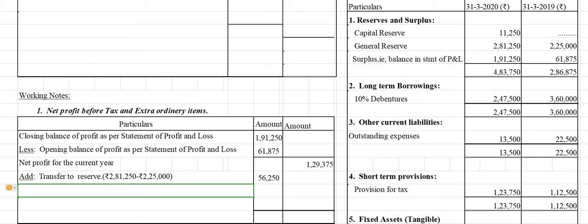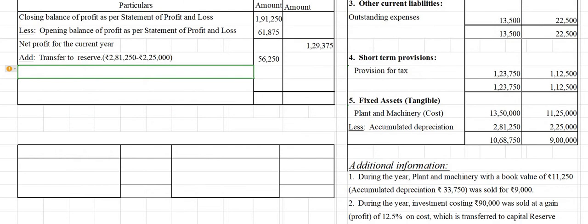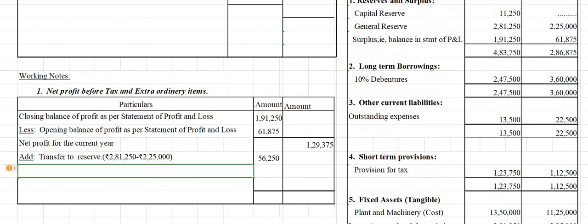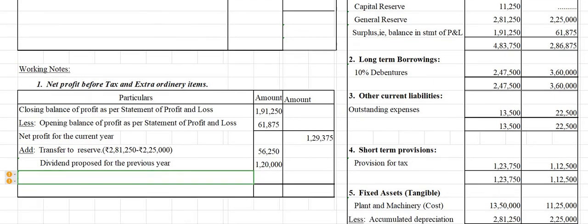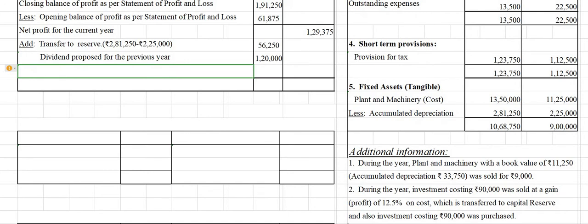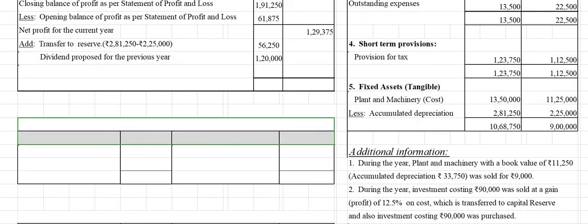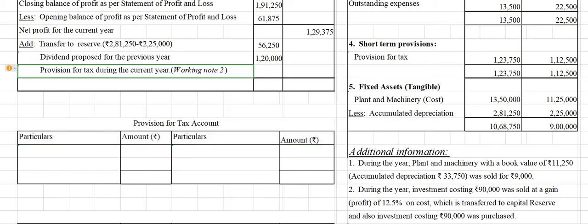And next item, we have proposed dividend, notes to account. In that we have written contingent liabilities, proposed dividend declared. So that we have to write next. So 1,20,000 is written. Then after that, provision for tax made during the year. So for that, let us see the provision for tax account. Let us prepare the provision for tax account. Provision for tax account we have to make, so that we are writing first, and after that this working note